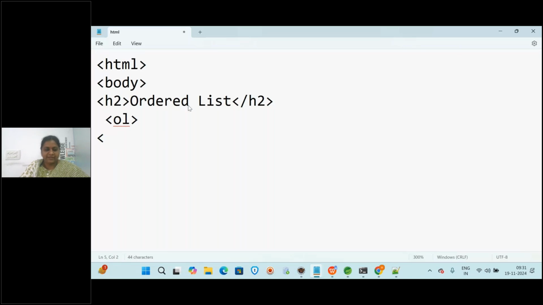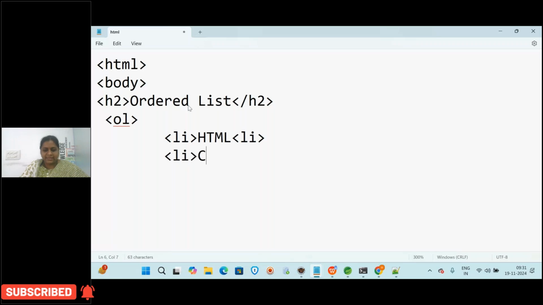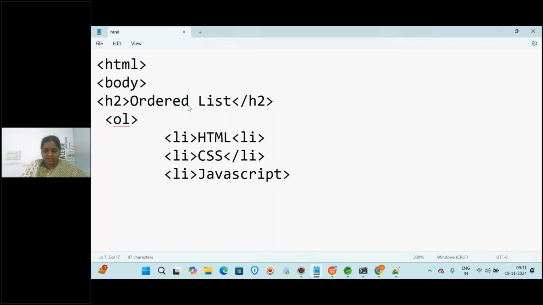So the list of items, I'm going to write like li, HTML, li. And then again next list of item li, CSS, again li, and again li, and then I'm going to write like JavaScript, and then close the li.